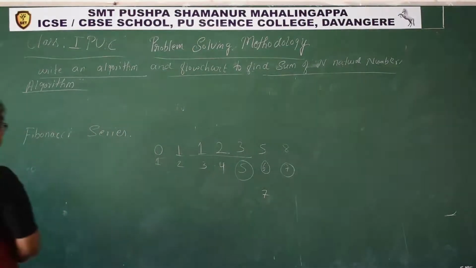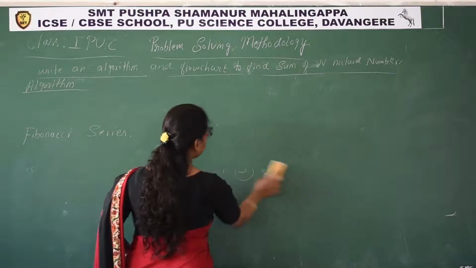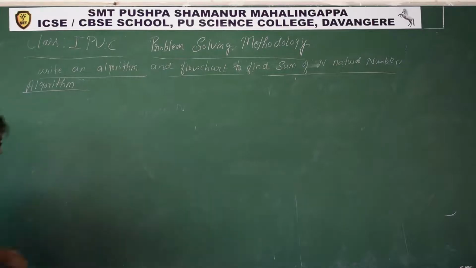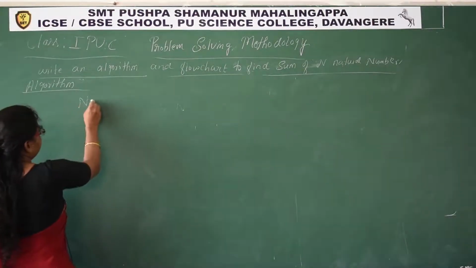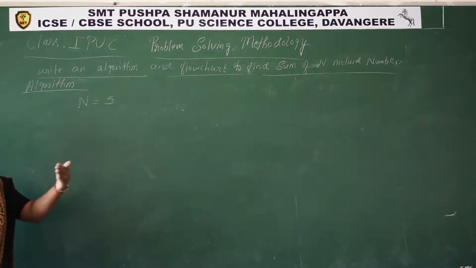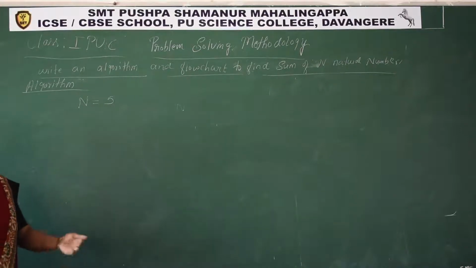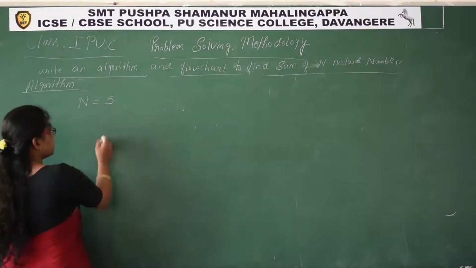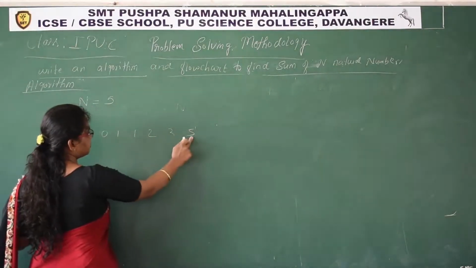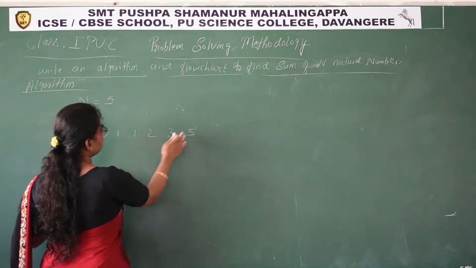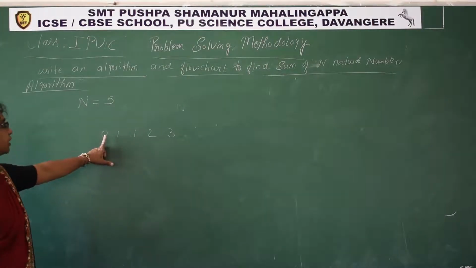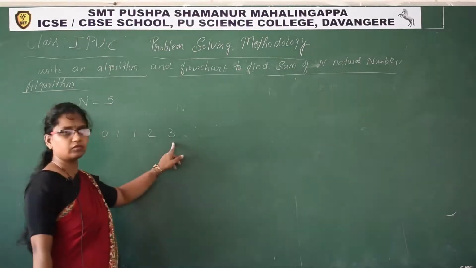Now input, what is the input? We have to input the n value, the limit, the upper bound, upper limit we have to say. First n value I should give. If n is 5, it has to generate the first 5 Fibonacci numbers, the first 5 numbers present in the Fibonacci series. 0 1 1 2 3. This is the first 5. Up to here. Nth Fibonacci number. What is the value of n? 5. 5 numbers are there, no?